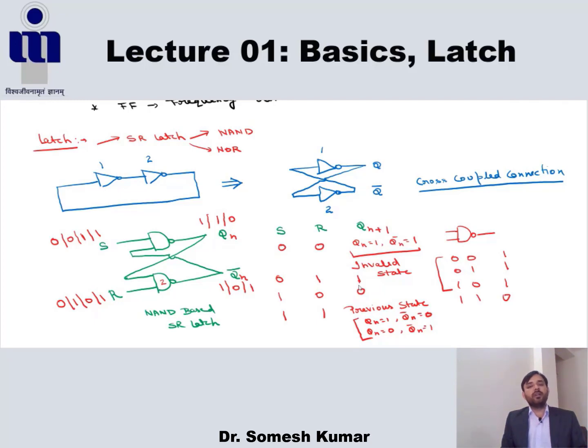How does it depend on the propagation delay of these two gates? If it is 1, fine, it is also 1. So this 1 is given here. This 1 and 1 becomes what? After some time, this 1 and 1 becomes 0, clear, and this 0 is given here. This 0 and 1 becomes again 1, fine. So it depends on the delay of these two gates, fine.